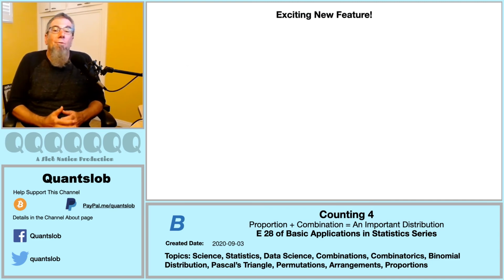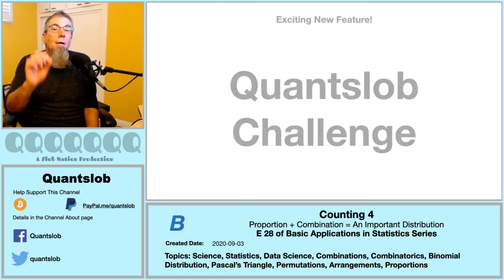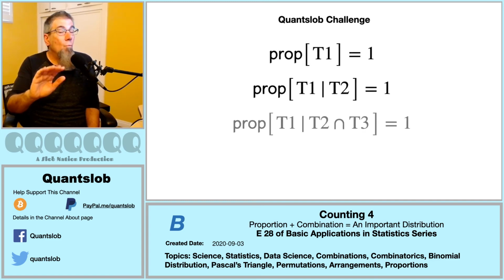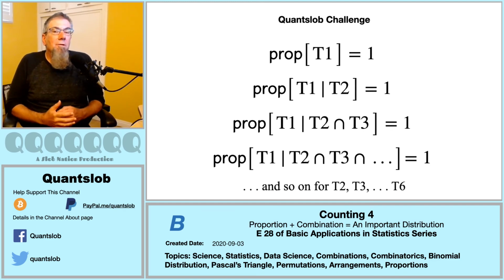Now, before we close out this installment, and we're also closing out season 3 of QuantSlob, an exciting new feature here, our QuantSlob challenge. Okay, ready? Suppose the prevalence of each and every one of our 6 toppings is not 1/2, nor 2/3, but rather 1. What sort of collection of pizzas might we have, and what might the distribution of number of toppings of such a collection look like? We're going to pick this up with our soon upcoming season 4 kicker,